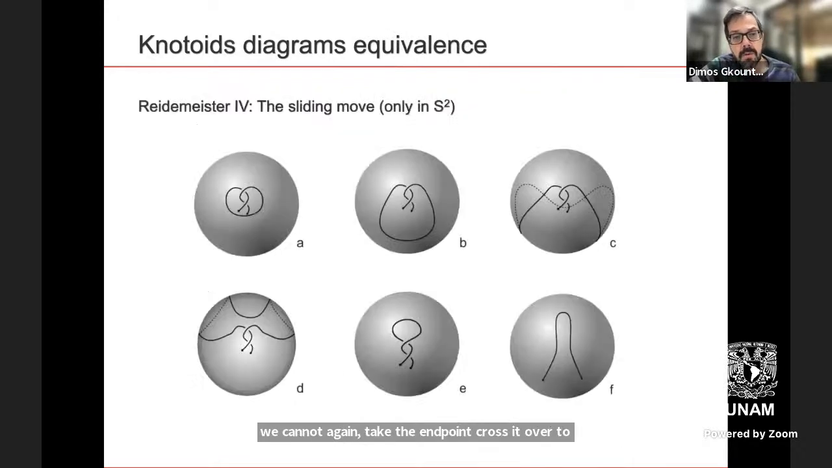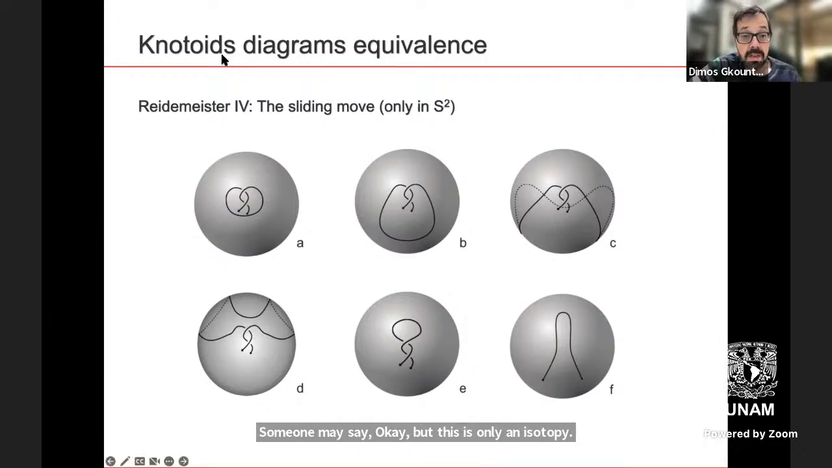And there is an extra move that I always like to consider as a Reidemeister move 4. This is called the sliding move. We can use it only in S2 for our cases, and someone may say, okay, but this is only an isotopy move on S2, but still, I would like to consider it as a separate Reidemeister